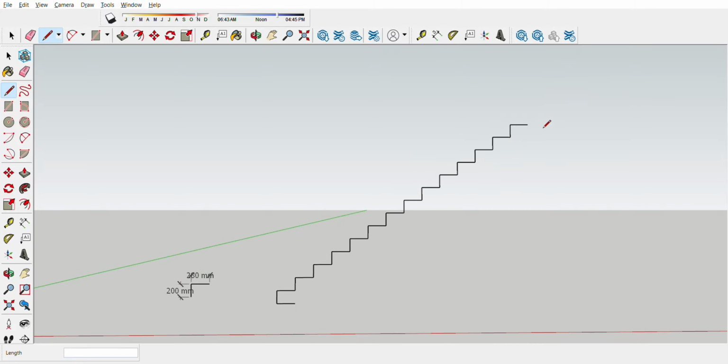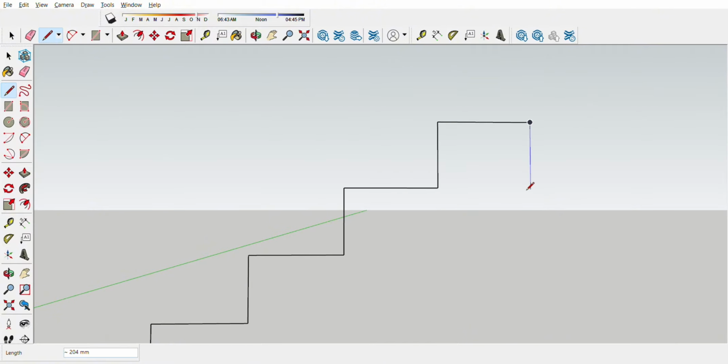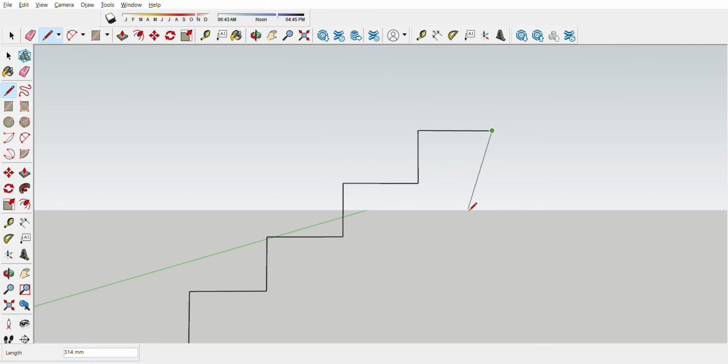And then here make also this one. You will experience that it is not snapping here. You will encounter this one. So just press Shift